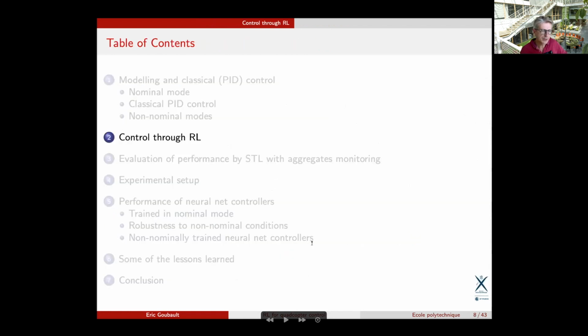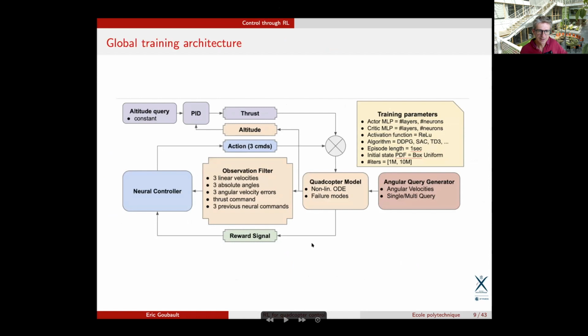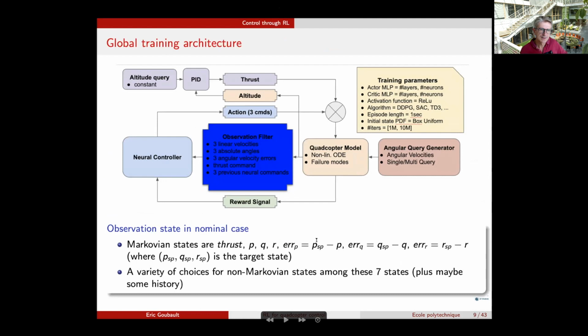Okay, so how are we going to train a controller using reinforcement learning? Here's the schema of what we've been doing. First, the reinforcement learner is going to try to see which actions, which commands, command phi, command psi, command theta, you have to use on a given state of the quadcopter to reach some target state. So you will have altitude and attitude queries, and given some observation on the state,